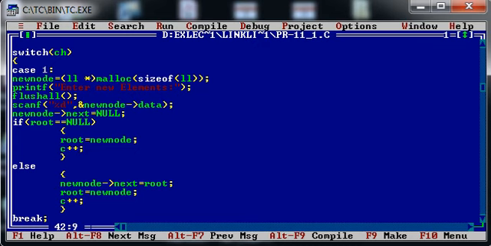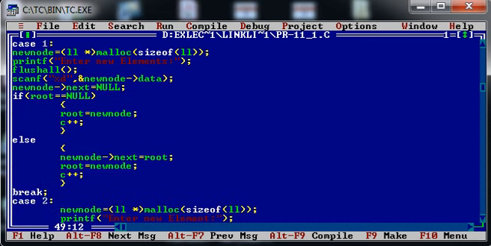It means I have placed the newly created node in the beginning, and later on I am assigning the new node as the root node. And again, I am adding one new element to my linked list, so I am incrementing the C counter. So this is case number 1, for creating a linked list.